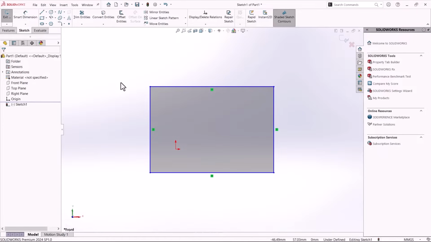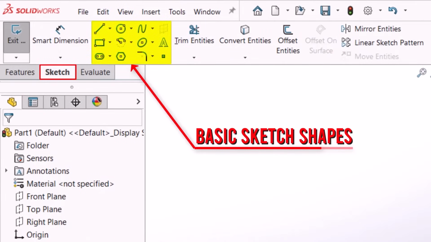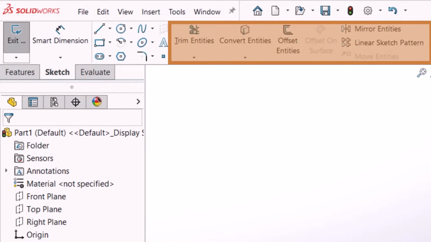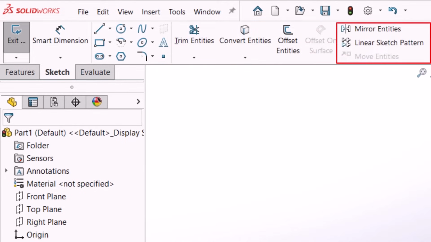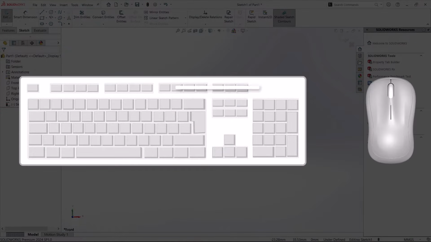Now that we're perpendicular to our drawing plane, let's explore the various sketch tools that SolidWorks offers. The Sketch tab provides us with a range of tools to draw basic shapes. As you move from left to right on the tab, the tools become more advanced and complex, and some tools are only available and can assist your design after you've used simpler tools. For instance, commands like Mirror or Pattern are inactive until you've designed something first. Let's focus on this section of Sketch tab, which contains 12 tools with alternate options accessible from the arrows next to the icons. But before we begin sketching, let's discuss the proper hand positioning on the keyboard and mouse.